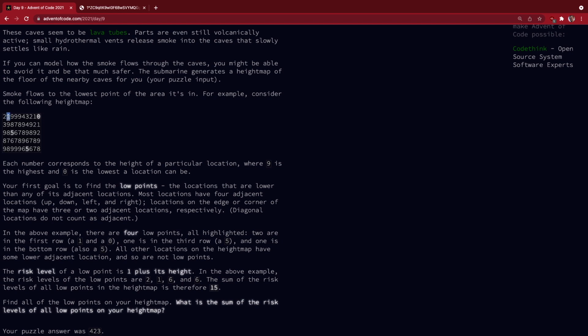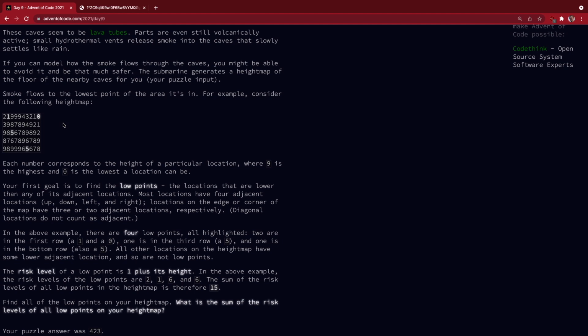Imagine, if this doesn't make a lot of sense, imagine it for any other number. So for 3, for instance, if you check, hey, am I the lowest compared to my neighbors? You see, no, 2 is lower. So this definitely is not a low point. And then you already see how this works. Now you do the same thing for 2, and again you see, no, 1 is lower. So you can, with this technique, also move closer and closer to